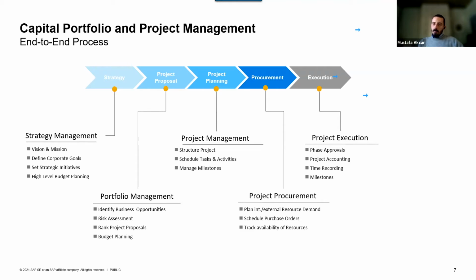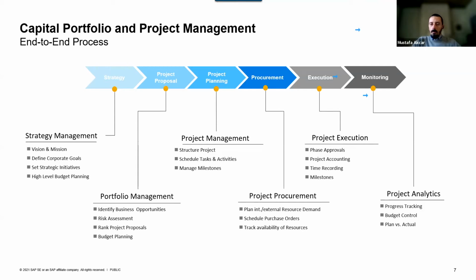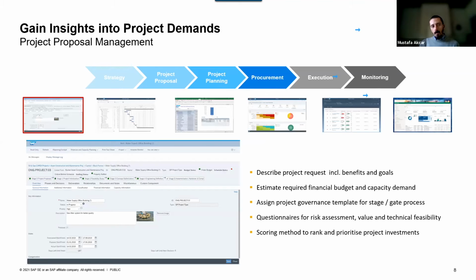In the execution level, we have approvals for each phase, accounting integration, logistics integration, and milestone management as we go through the life cycle. Finally, in the monitoring step, we have progress tracking, budget availability control on a regular basis, and plan-actual comparison. So if we just dive into the project proposal management in a bit more detail,